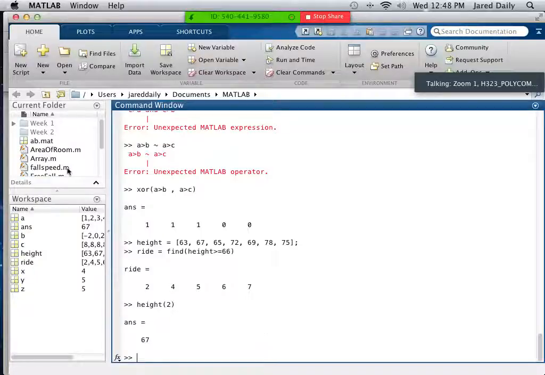It's pretty easy to do it when you have a small array like this, but if you had thousands and thousands of people and their heights in a file, this would be a very useful feature to be able to search them by height and figure out who are taller than a certain number of inches, and then put together an array of people that win, an array of people that can ride the ride, right? So what if we wanted to print this out? Well, we know how to do that from our last